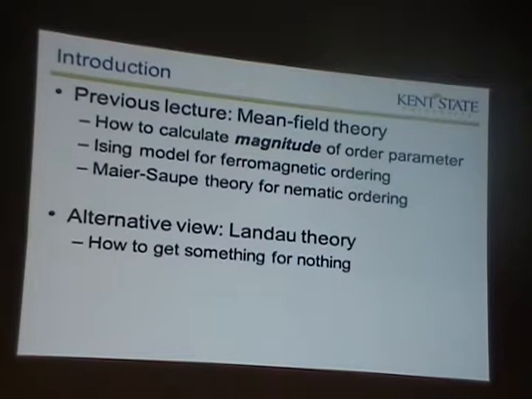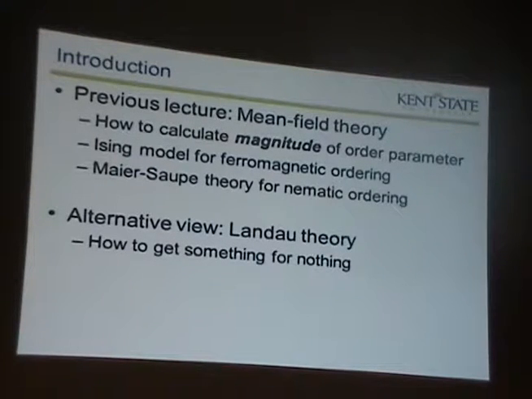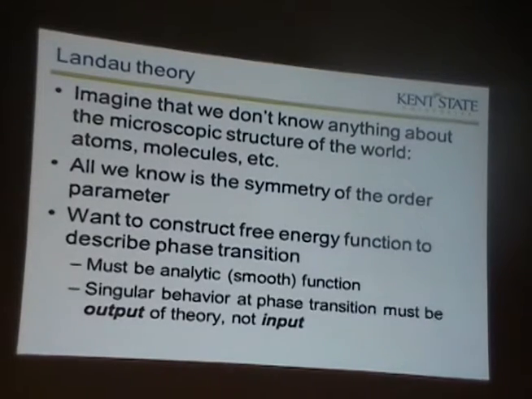And, you know, the Landau theory, this is what I like to call, how to get something for nothing. So everyone in the world wants to get something for nothing. I mean, if I'm in a Chinese supermarket and they have samples of chicken feet, I think, well, if it's free, I want one. And so, you know, that's what everybody wants, and so that's what Landau theory achieves.